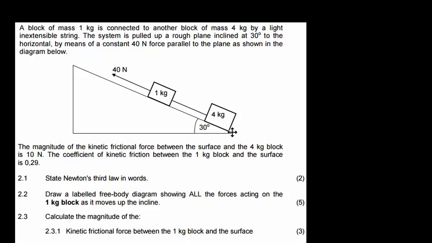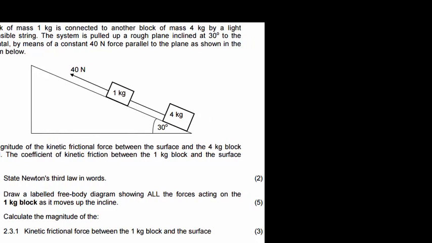There's friction, okay, at an incline of 30 degrees to the horizontal by means of a constant 40 Newton force parallel to the plane. In other words, the 40 Newtons is not making an angle with the object, as shown in the diagram below. The magnitude of the kinetic frictional force between the surface and the 4 kilogram block is 10 Newtons. The coefficient of friction between the 1 kilogram block and the surface is 0.29. Okay, so we'll get to frictional force in just a minute, but let's just consider